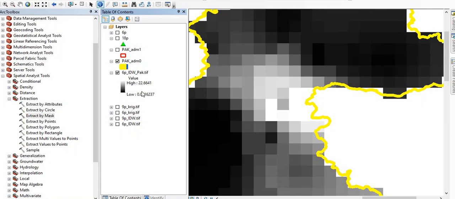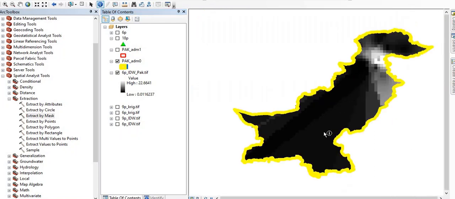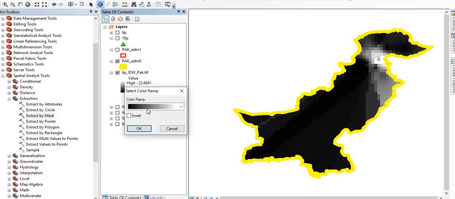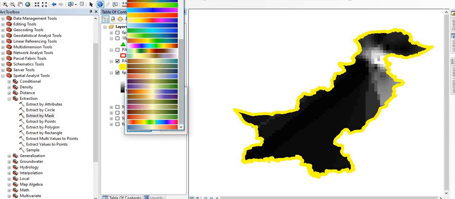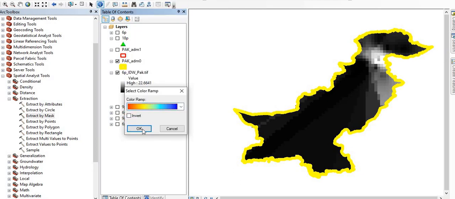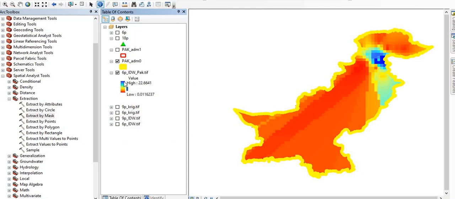So here we are dealing with rainfall. If we are dealing with temperature, the minimum and maximum temperature will be defined with digital numbers. So the digital number actually helps us to locate where we have the highest value and where we have the lowest value. By seeing this picture, we can locate that at this point the value can be maximum because we can see the brightness. You can change this, it is called a color ramp. Just click here, you can change it between blue and red. Now at red we have the minimum, and at blue we have the highest value, the highest digital number.